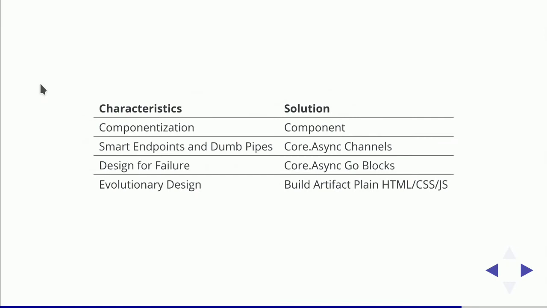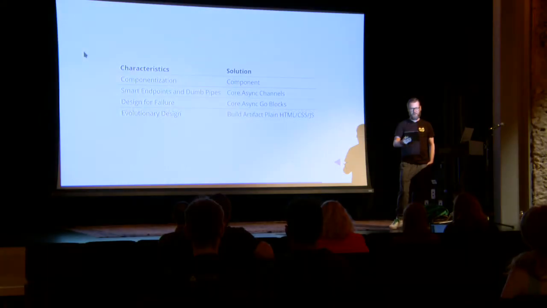In our application, we used Stuart Sierra's creatively named component library to implement, you guessed it, the components. Common front-end services like a router, a data store, and a view renderer all function independently of each other. Core.async channels are ClojureScript's alternative to a message broker, while the go blocks of the same library help us to prevent synchronous coupling between the different components. Last but not least, the fact that ClojureScript's build artifacts are simple JavaScript files makes our deployment pipeline extremely simple. We just build, test, and sync static websites.